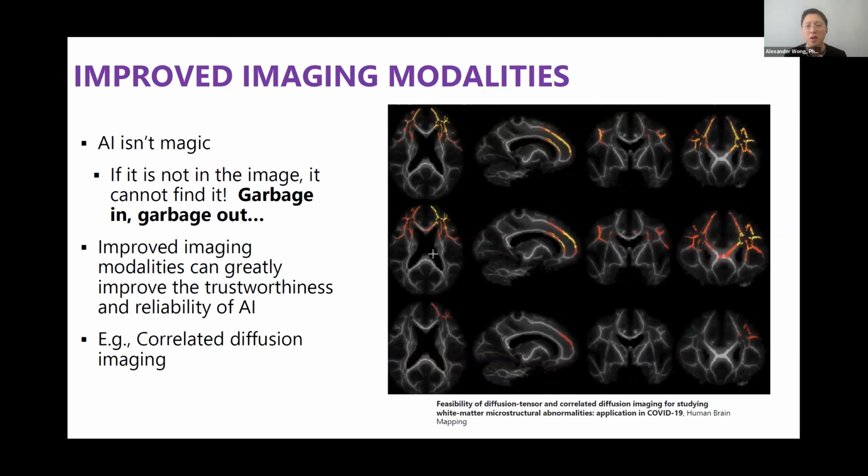We've since applied this modality beyond cancer. To our surprise, it worked very well in understanding white matter microstructural abnormalities in the brain that other types of MRI modalities were not sensitive to at all. We were quite happy about this particular study, and we recently published it. And so as you can see, once you build better imaging modalities, it's limitless in terms of the number of applications that you might discover along the way.